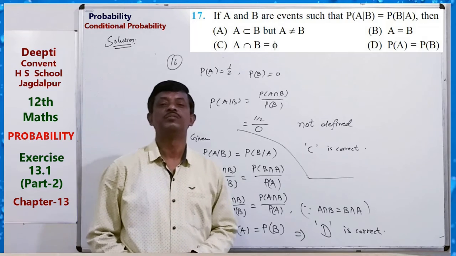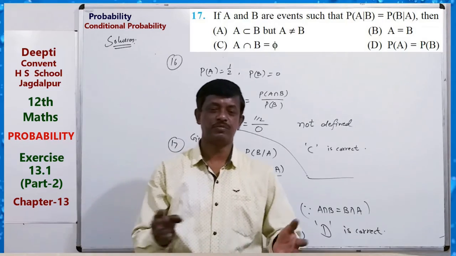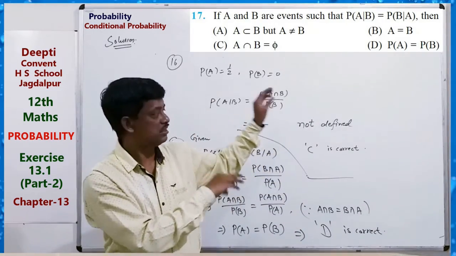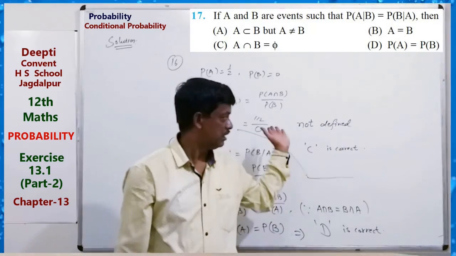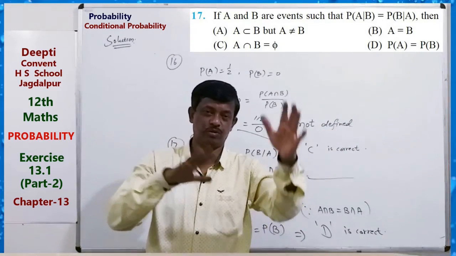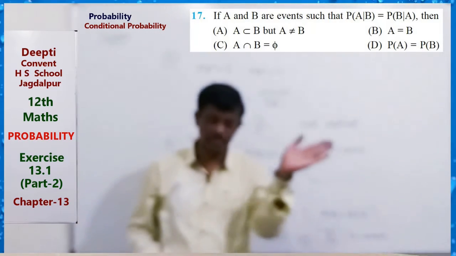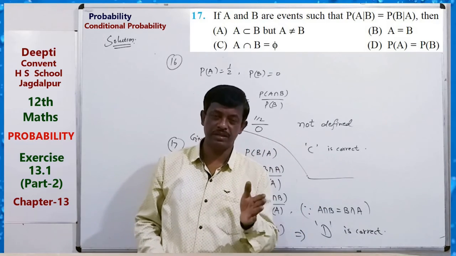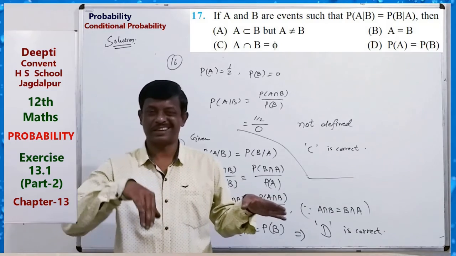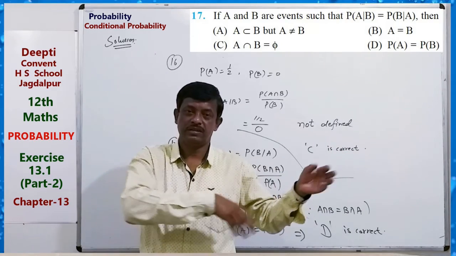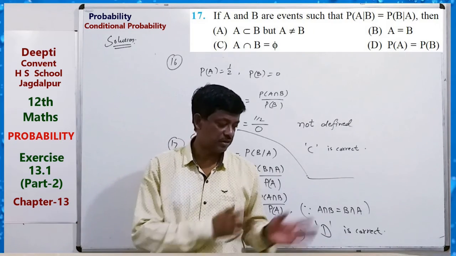These two questions are objective type questions. So very simple, exercise 13.1. Just remember the formula and the logic, and write the events first, both events. For finding conditional probability, just write the sample space, then events A, B, the intersection, the probability of the intersection and the probability of the second event, the already happened event. Just put them in the formula and you can get the conditional probability.